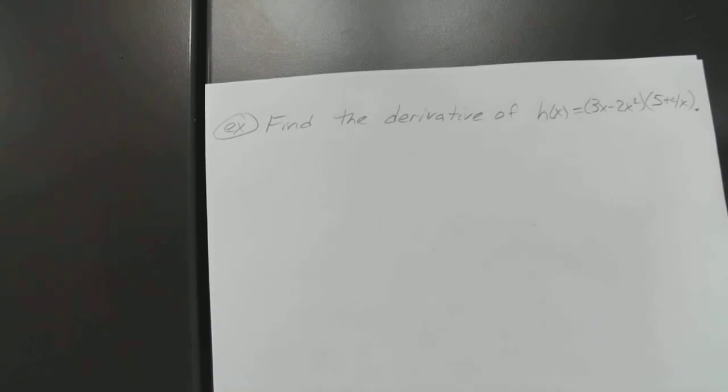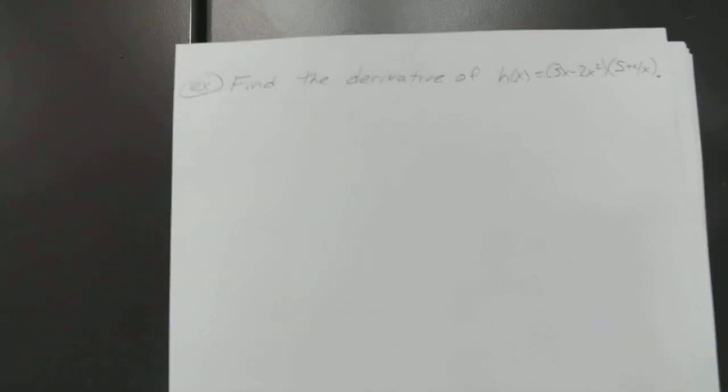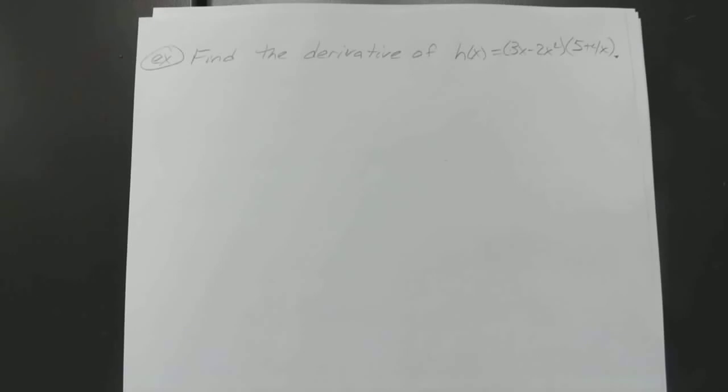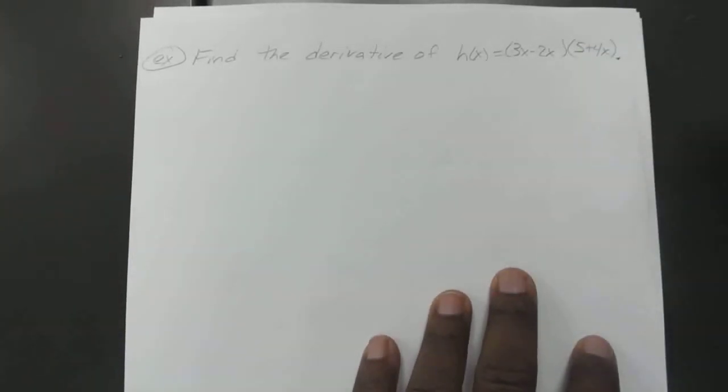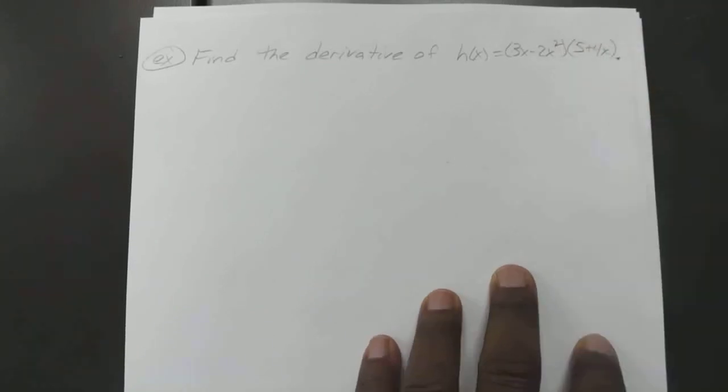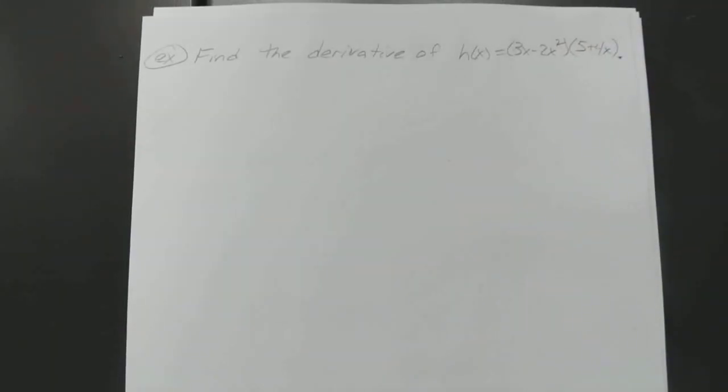Okay. So we're multiplying two different functions. That squared looks a little bit odd. Let me straighten that up. And that clock's going to shut off in about